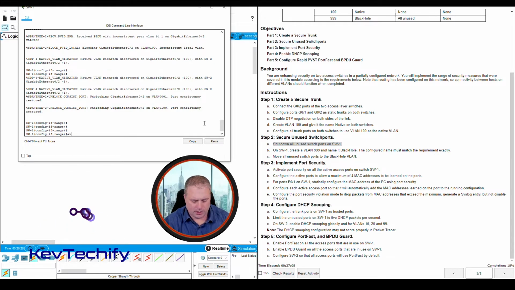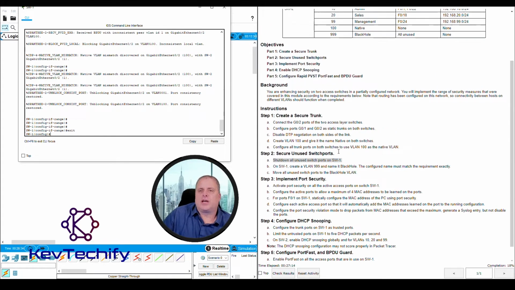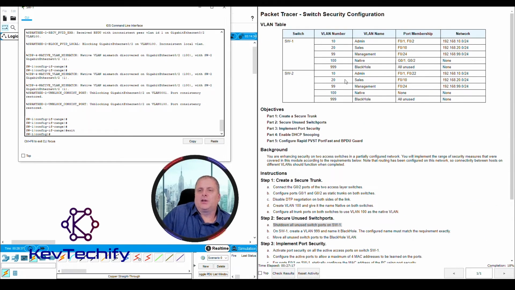We're in a range of ports. I'm going to go ahead and type exit right now. Global configuration mode is where we're at. All unused ports on switch 1. If we look up here, all of our unused ports,